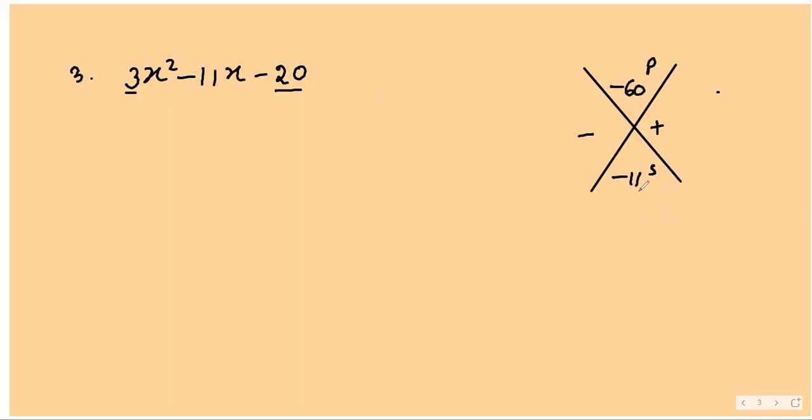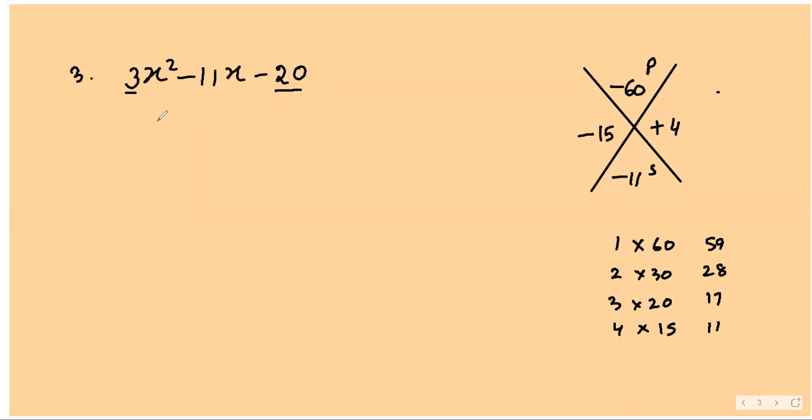So just think of it. We can check with 1 and 60. It's not going to be, because the difference will be 59. Here the difference should be 11 because the two terms have different signs. Then we check with 2 and 30. The difference is 28, so not the right option. Then 3 and 20. The difference is going to be 17. Again, not the right choice. Then 4 and 15. We see the difference is going to be 11 and the product is 60. So the two factors will be minus 15 and plus 4.